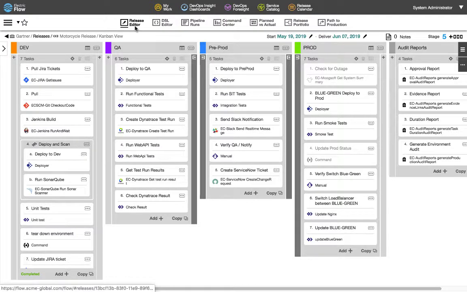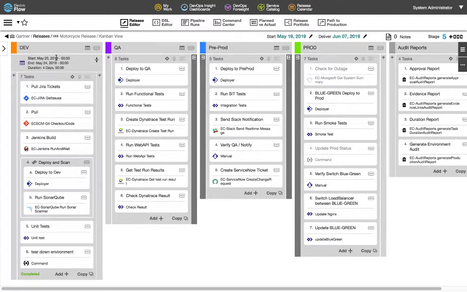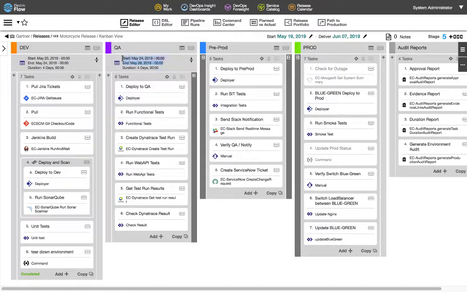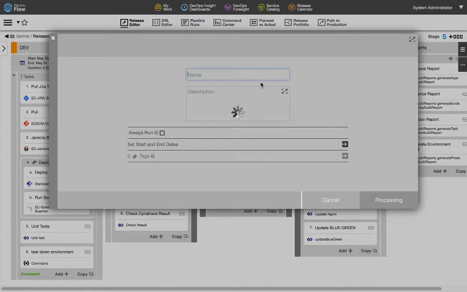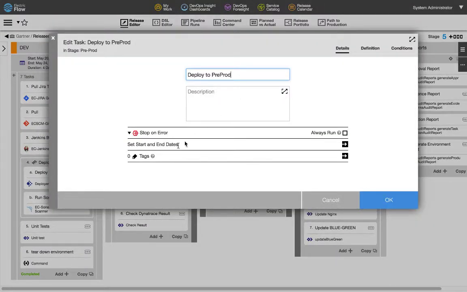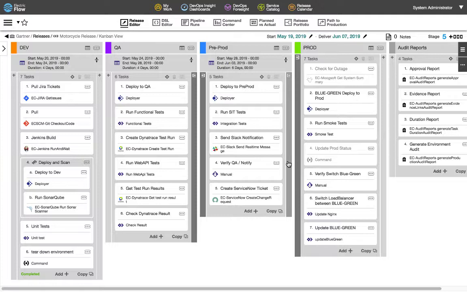In the release editor, you can see the entire release pipeline definition and planning details for the release. CloudBees Flow has detailed release planning and scheduling capabilities with start and end dates for the entire release. You can also set start and end dates on each stage and plan down to the task level as well. This fine-grained control ensures that every single activity in the release process can be planned and milestones can be set